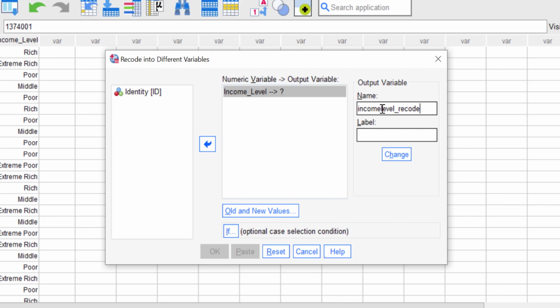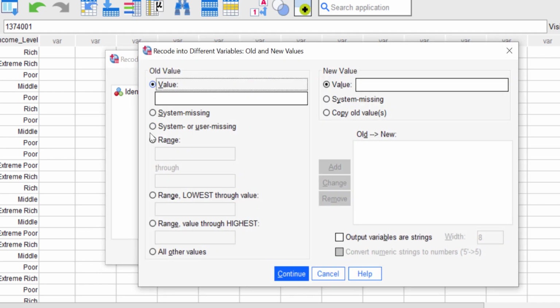and you can also add the label. Just copy the variable name for the label, okay, and don't forget to click the change button, and after that click the old and new values option. Here you see two boxes at the left side and also at the right side. At the old value box, this is the place where you type your old value that you want to recode, and at the new value box, this is the place where you type the new value